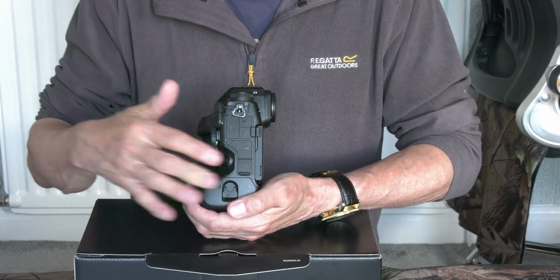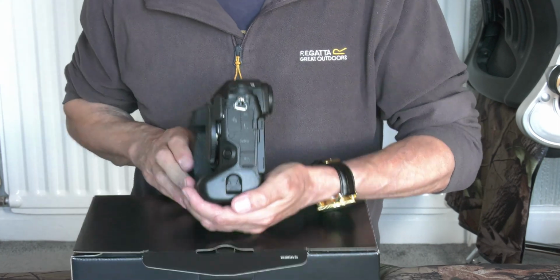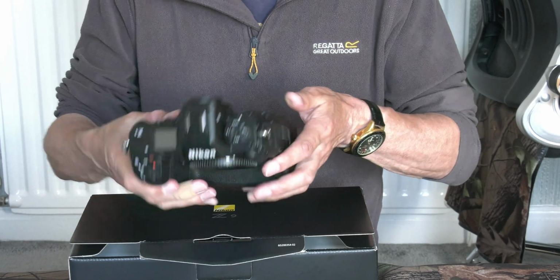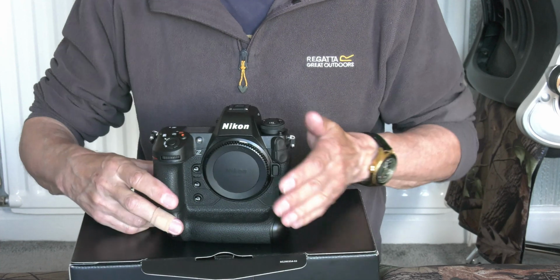HDMI I do because I connect an external monitor to my cameras occasionally, especially when I'm on a long lens. And that's it. So that's that side. We've done the compact flash side, and you've got your normal tripod foot on the bottom. That is, ladies and gentlemen,